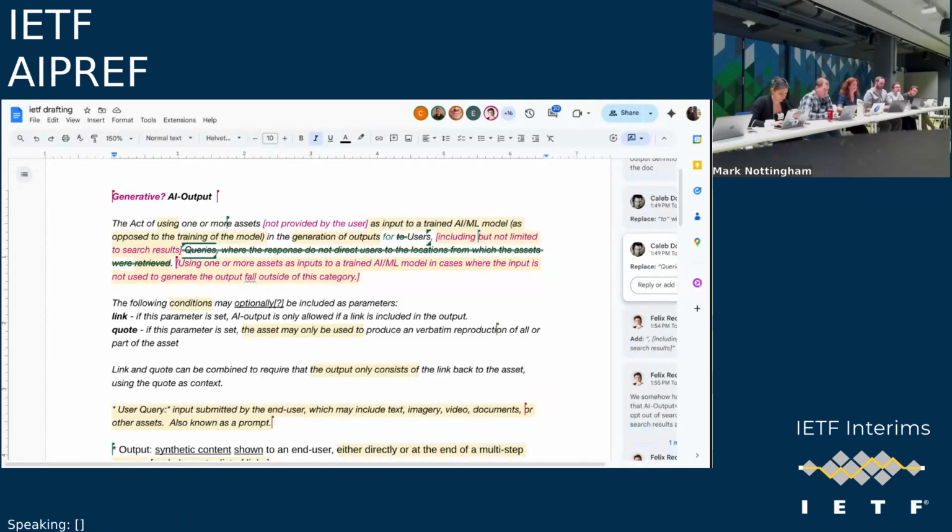My thesis here is that these things work together. They're not just individual things in isolation. And the question we want to be asking ourselves, as I said earlier, is does the combination of the directives we provide allow you to express any reasonable thing you might wish to express? That makes me reluctant to just cherry pick one thing and stuff it in and try to understand how it relates to the other things you might stuff in, right? That's why I'm pushing back on this, even though I actually think this is a perfectly reasonable directive as it stands individually. I don't want to ask whether we should take this thing and put it in as it is, because I want to understand how it relates to everything else people want to do.